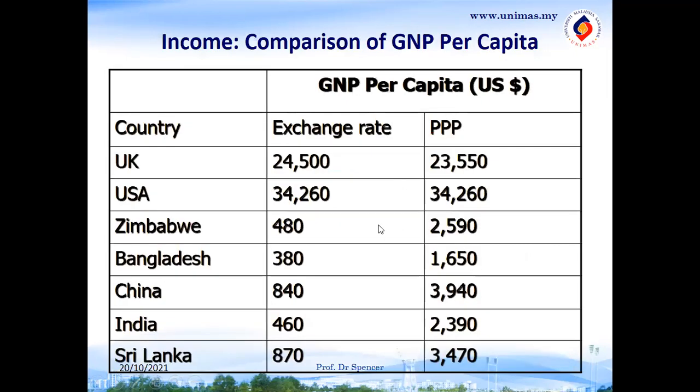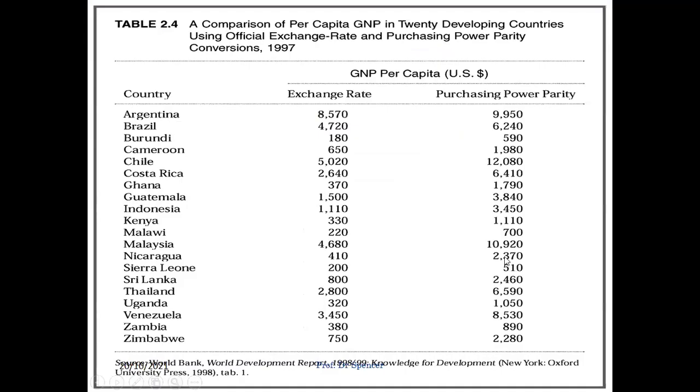Okay, right. So income in comparison of GNP per capita. This is just another table to show the difference between developed and developing countries. Okay. Again, even you convert into PPP, also still low. Okay. Also another one, you can see that on your own, you have the slides that I want for you to see. Yeah, the different GNP per capita. Yeah, Malaysia. Here we are, and this is 1997. We have gone up. Yeah.